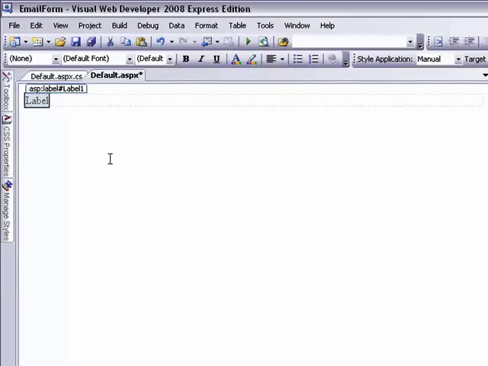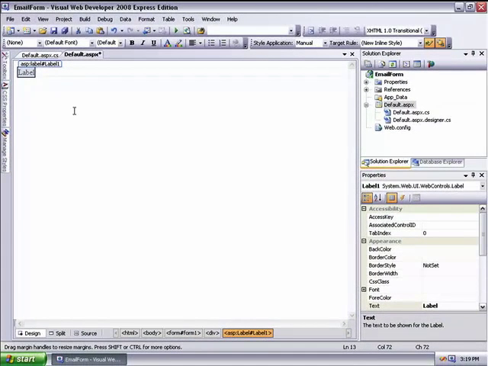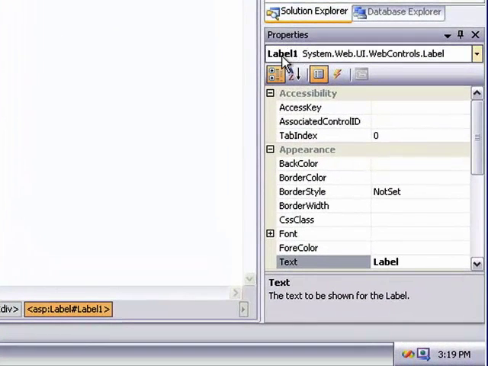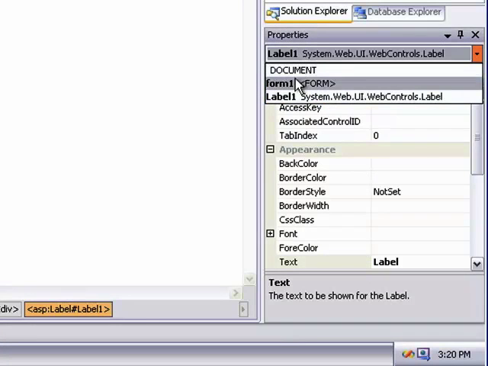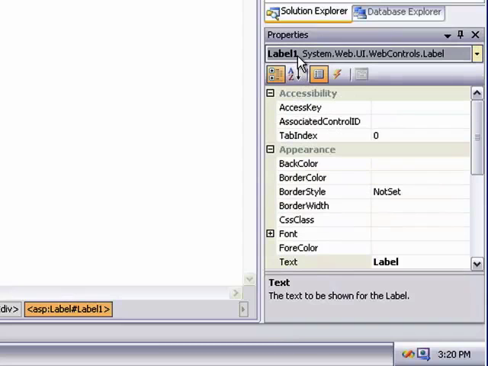Now a control is two things. First, it is a class. So we have actually created an instance of a class. And if we go over here to the properties, right under the properties title bar is a little drop down box, and we can choose all of the elements that are in our web form right now. So we're going to choose Label1, which is the label that we just added. This is its ID, and this is how we refer to it within our code. This also tells us that it is an instance of the System.Web.UI.WebControls.Label class,